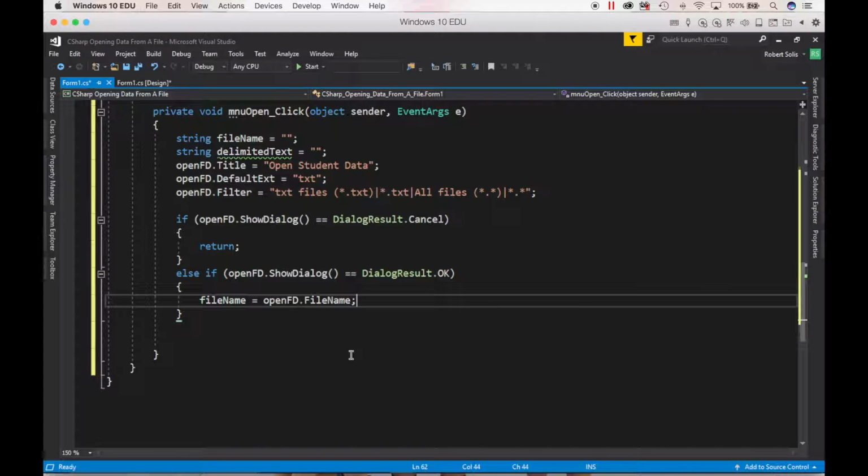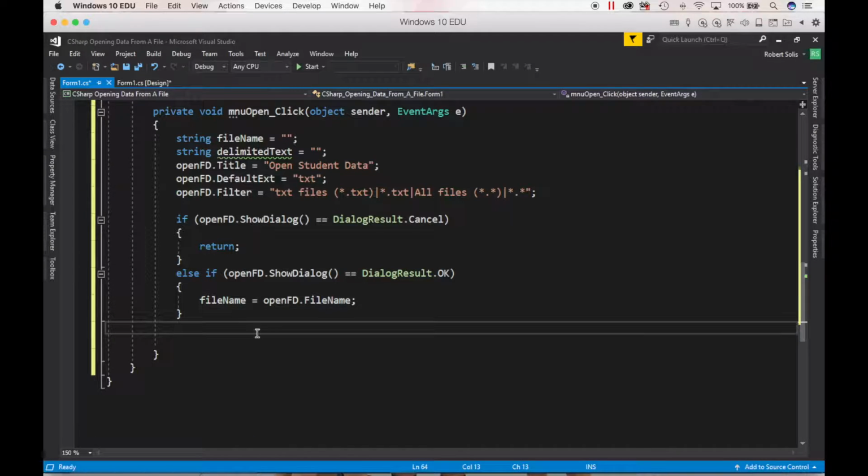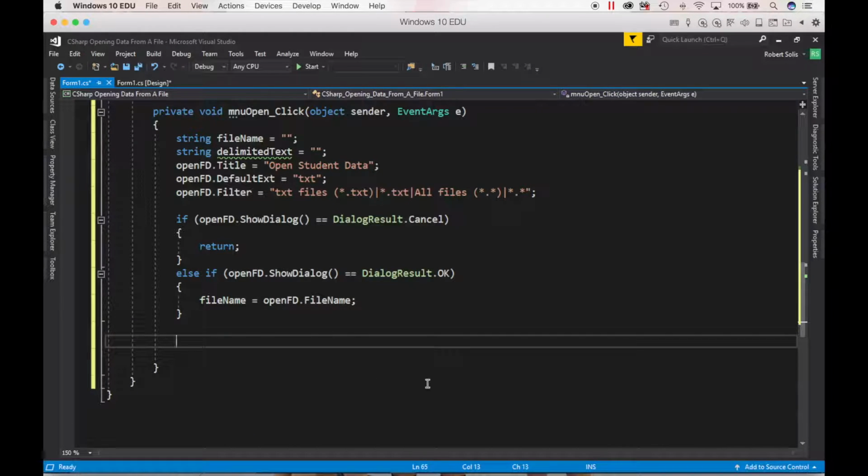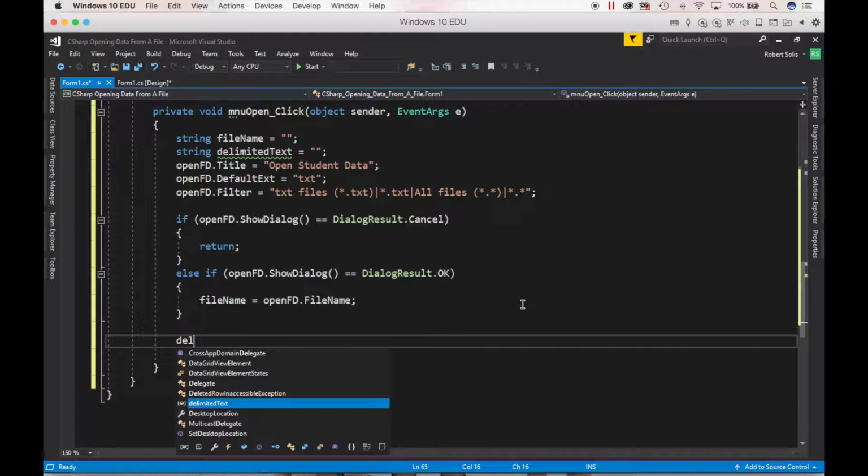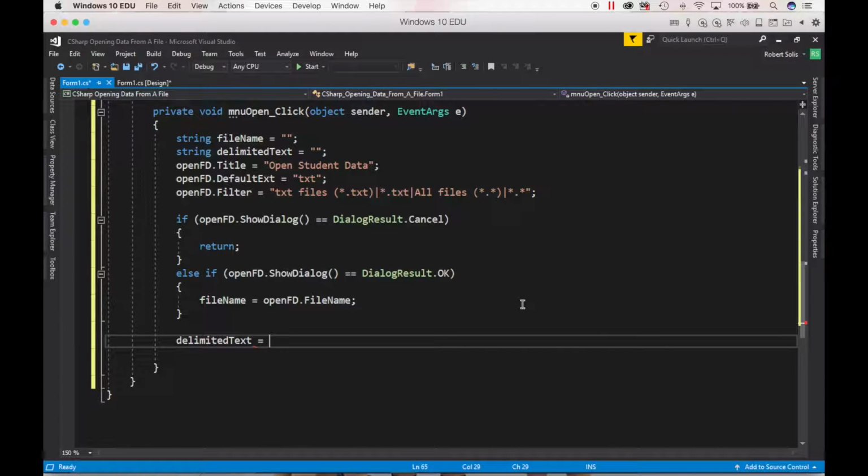All right. Well, once I've got that, now let me grab the text inside of that file. And so how am I going to do that? Well, first of all, I created a variable over here called delimited text. That's the text that's going to be first name, comma, last name, comma, birth date, comma. It's going to have a bunch of commas that separate or delimit the data. How do I get that? Well, I can use